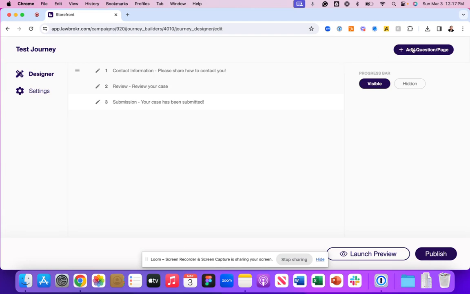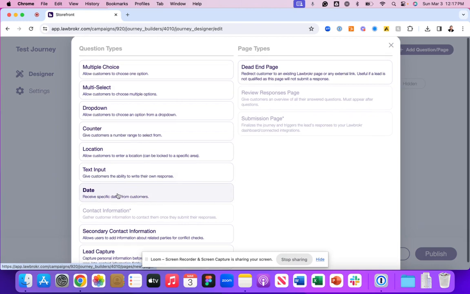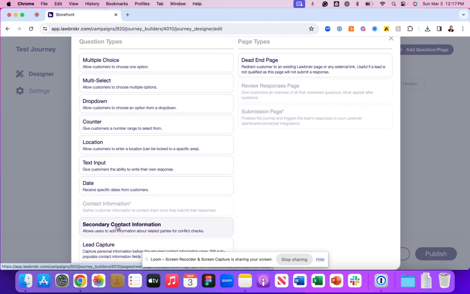If we navigate to the top right corner that says Edit, Add Questions or Page Type, this is where you're going to build out your question types from scratch. When you click that, you're going to see a bunch of sections that say Question Types and Page Types. Question types are multiple choice, multi-select, drop-down, counter, location, text input, and dates, along with secondary contact information in case you're in a family law matter, or lead capture in case you want to capture some information before the individual